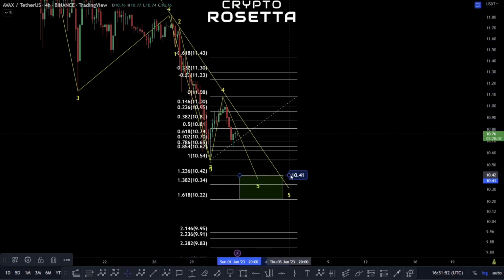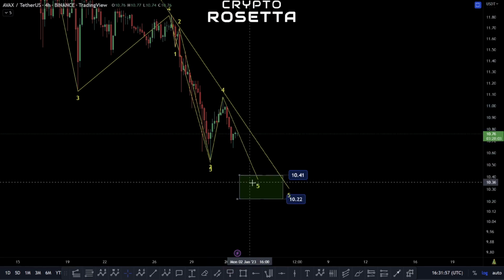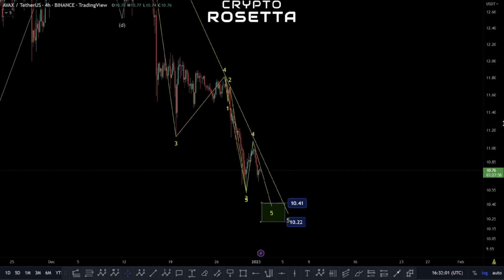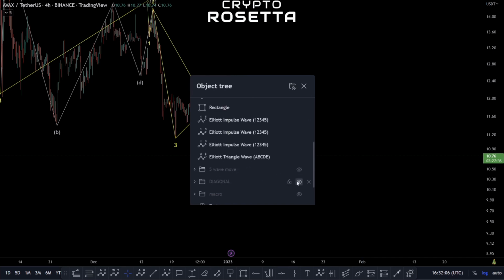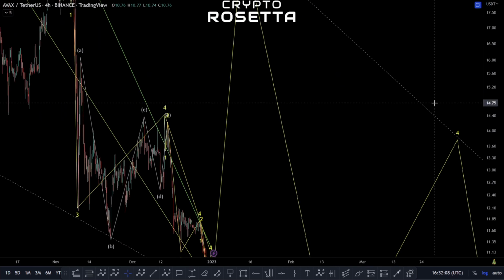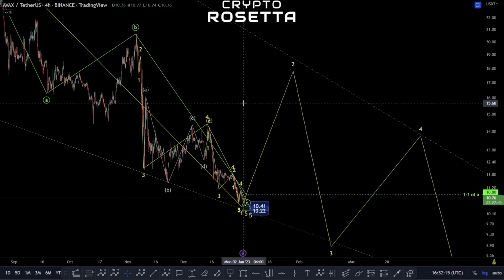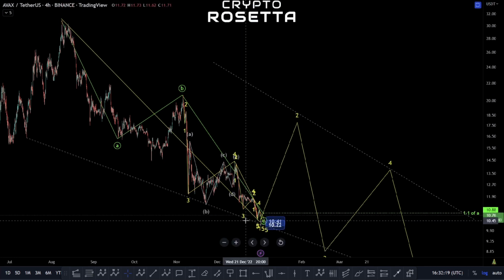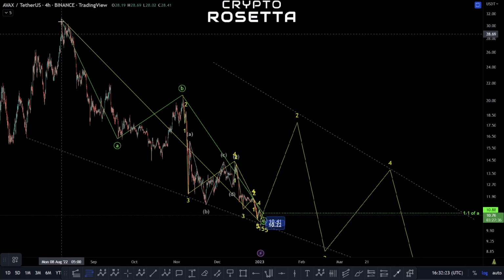And basically within this, if we do look to complete in this zone here, what we'd be looking for then is potential to actually move to the upside again. Within that, if we're looking for this diagonal, we'd be looking for a much bigger zigzag to the upside here. There's no set rules for how high these can go, but basically one area that I'd be looking for potentially